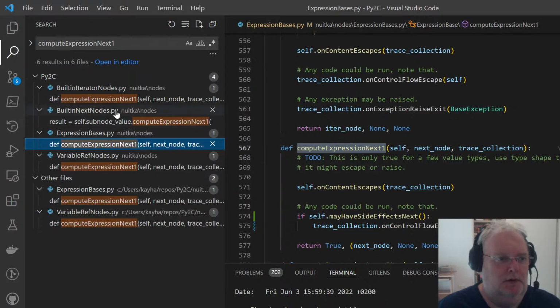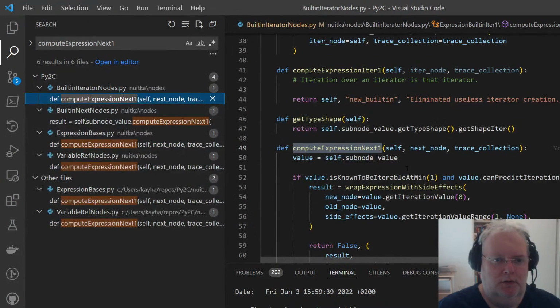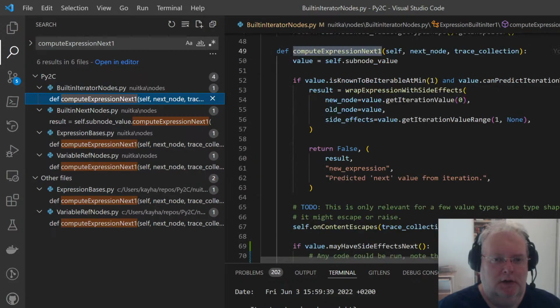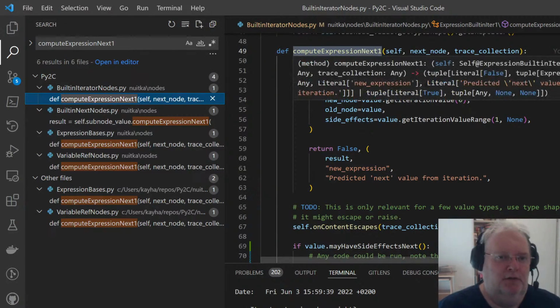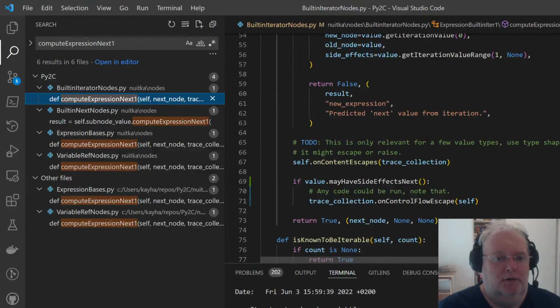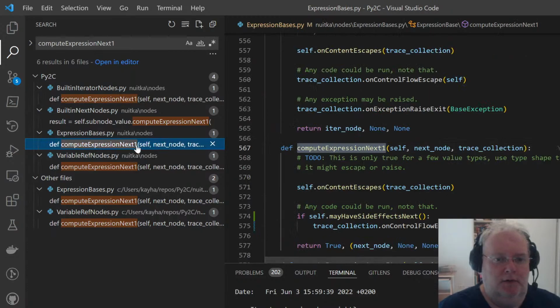This is a base one. This is an overload. So on an iterator directly, we don't know it unless we know. So this would only happen if an iterator itself got a next as a value. And of course, only if that has an effect. Yeah, that's not the most important case, but it's still something that could be and was implemented.